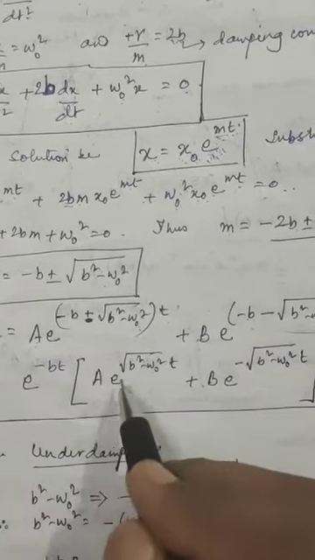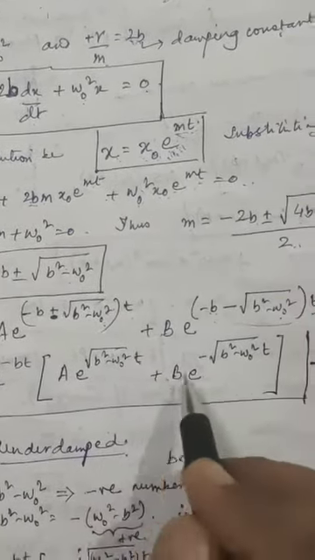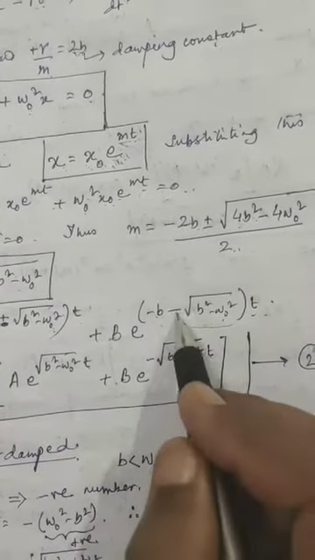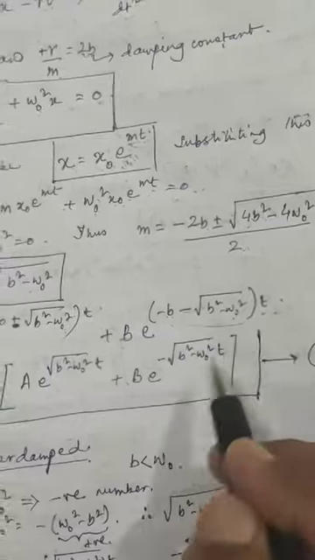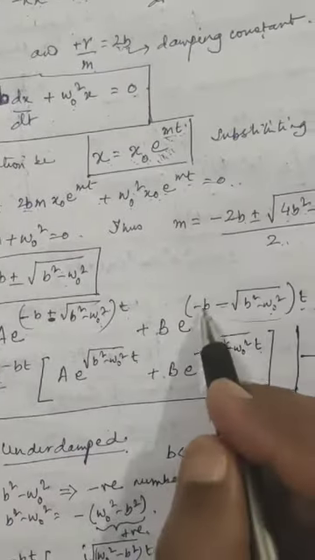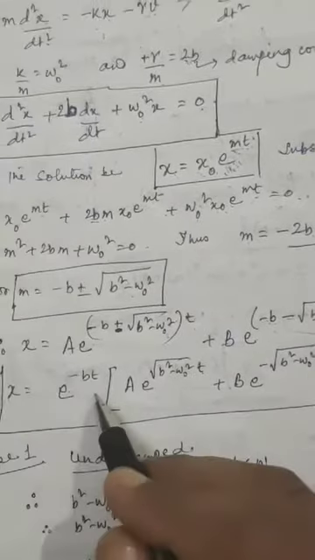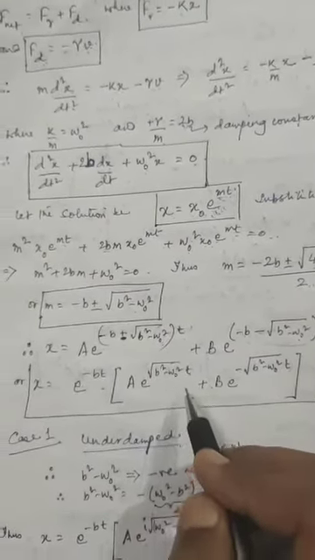And you have a e to the power of square root of b square minus omega naught square t plus b e to the power of minus root over b square minus omega naught square t. e to the power of minus bt is common, so I can take it out. So this is the general solution